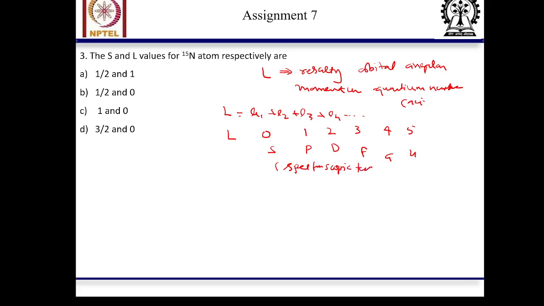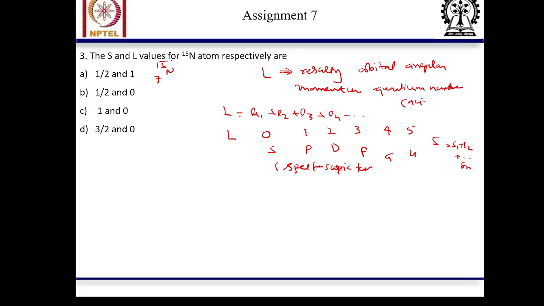And what is the S? Your S is basically S1 plus S2 plus dot dot dot Sn. This is called the spin quantum number. Okay, so now we will write what is the 15N. 15N is nothing but